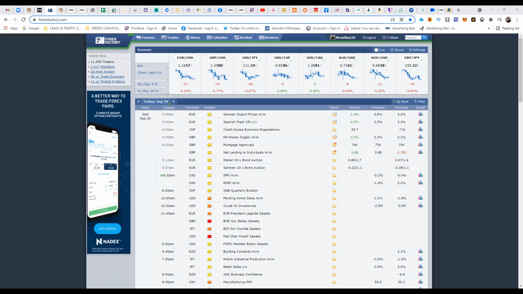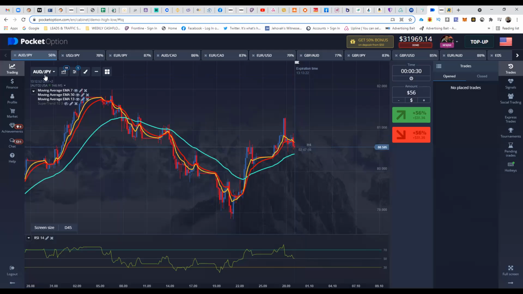And we're going to be trading in the New York session. So let's take a look at the news here. As we can see, the only currency that's going to be under major news today is the GBP and the USD. The euro is going to be under some major news, and of course the Japanese yen, but nothing too major. So then what I'm actually going to do is trade the Australian dollar versus